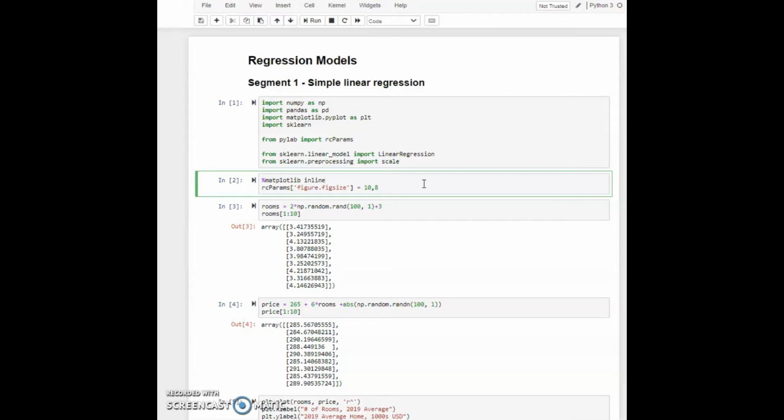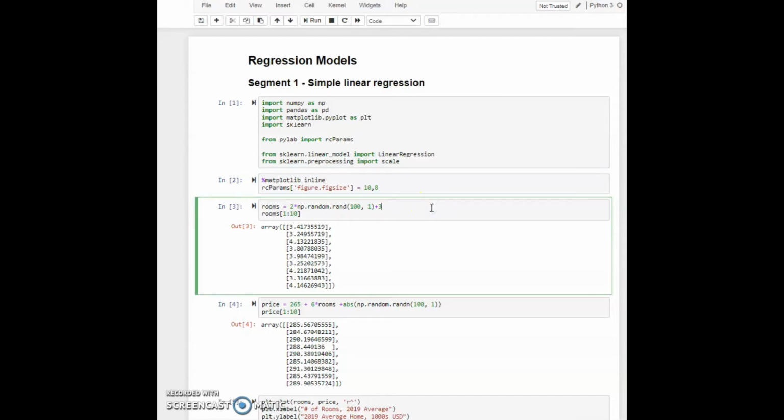And here we are going to set the plotting parameters. So we want matplotlib to plot out inline within our Jupyter notebook. So we say %matplotlib inline, and then we'll just set our dimensions for our data visualizations to be 10 inches wide and 8 inches high. So we'll do rcParams, and then we'll just write a string figure.figsize is equal to 10 by 8.